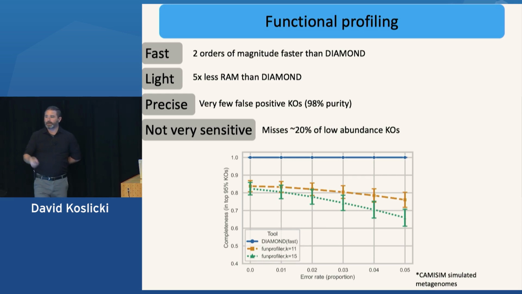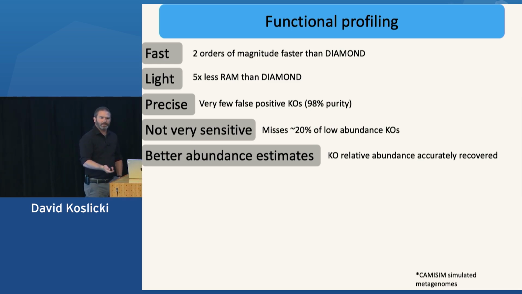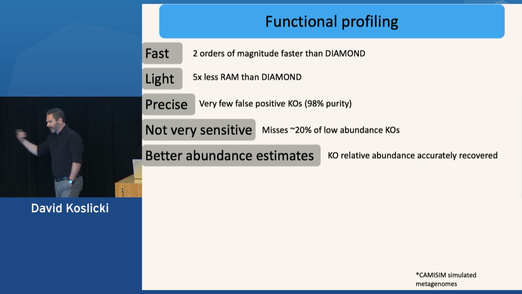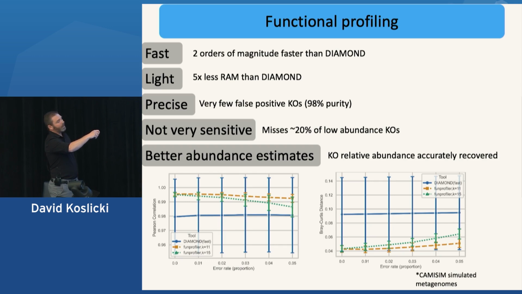And then from there, you might want to zoom in using something like Diamond to do a more refined analysis on fewer samples. The thing that sort of stuck out to us about this is that the actual ortholog relative abundances are more accurate than Diamond. And I would have thought that an alignment-based technique would be more accurate. But it turns out there's just a lot of variance associated with Diamond in its estimate of the relative abundance